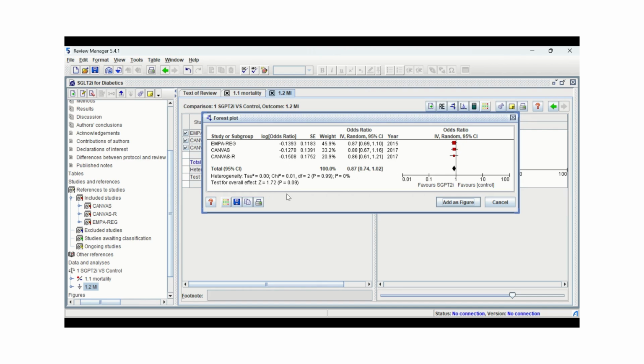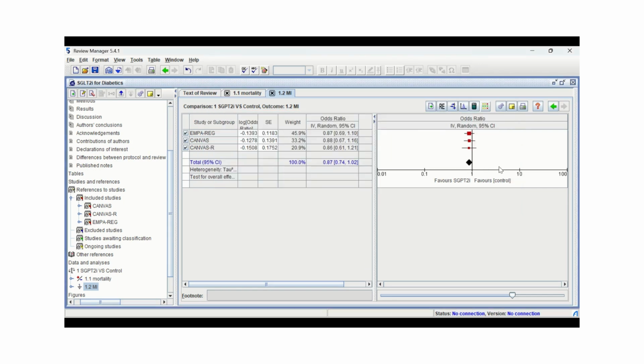Similarly, for the remaining 2 studies, you can see that the forest plot has been made, and we can again save the forest plot here by clicking on the save button, and the next